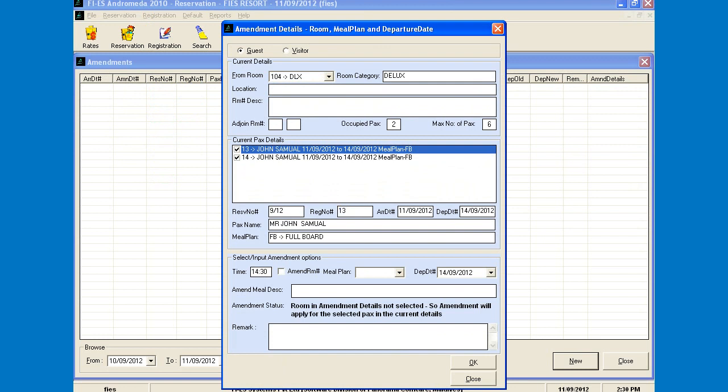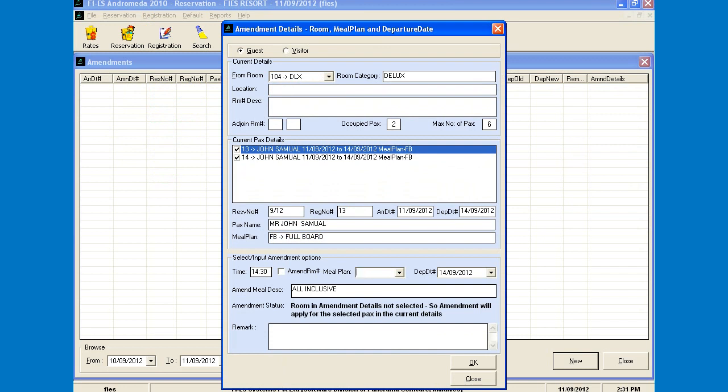Arrival date, departure date. If the guest is requesting for a change in meal plan, then you can do it. You can see the current meal plan is full board, and if the guest is requesting for a meal plan change, you can change it from here by selecting this AL, or whatever is available there. You can shift to that meal plan from this interface. You just need to select that AL and click the OK button. Then it will get changed.